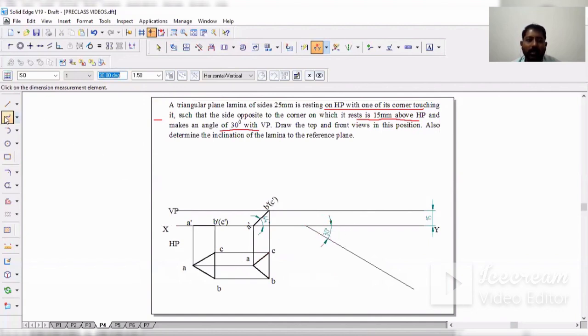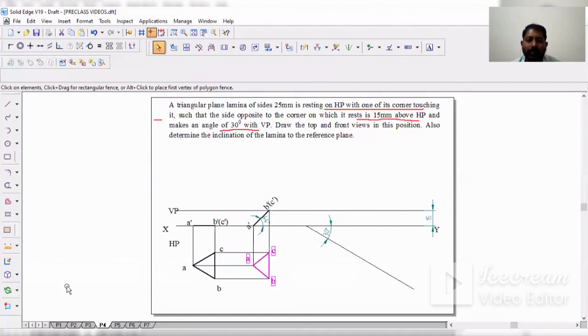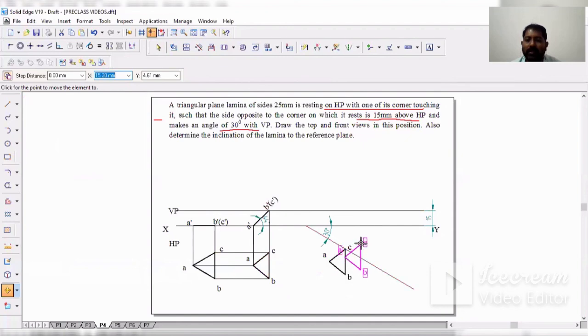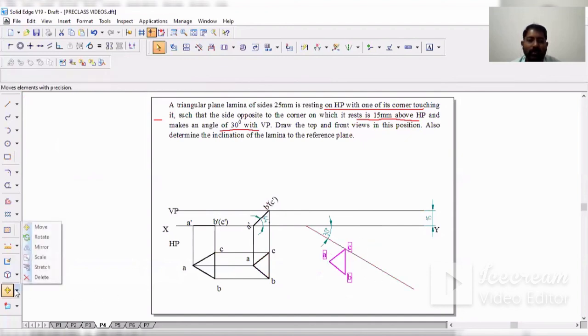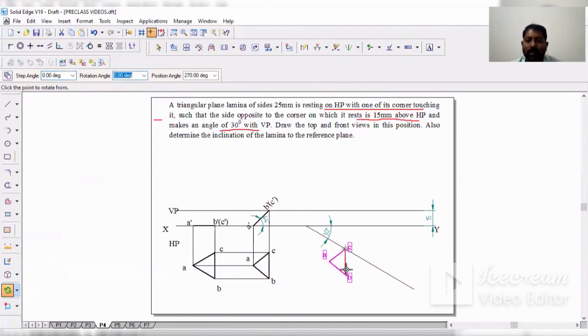This is 30. Next, select the second position top view, go to the move command, and select either B or C as the point to be moved and the actual object to be moved. Make sure that it is the actual object to be moved. Place point C on the 30 degree line. Next, go to rotate. This is already on the 30 degree line. I need to get point B on the 30 degree line. Now you've got the third position top view.